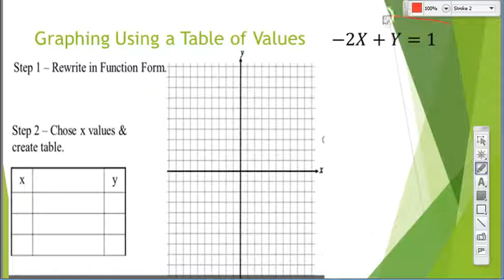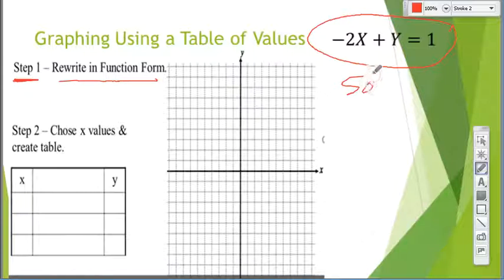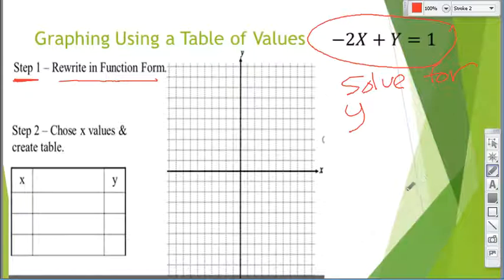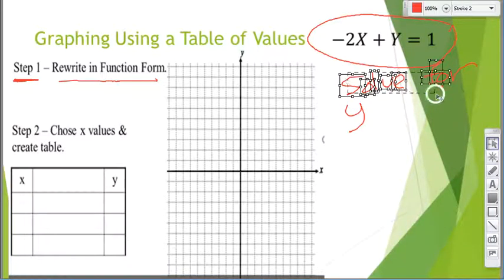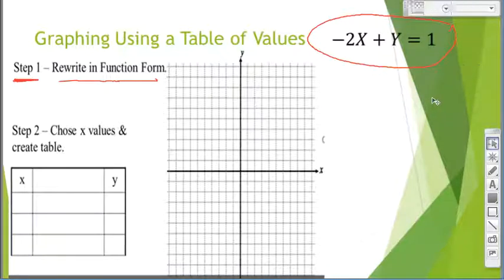So here's the equation right here, negative 2x plus y equals 1. The first thing that we're going to do is rewrite this in function form. So what that means is we are going to solve for the y, so that the y will be dependent on the x. The y will be a function of x. So if I take this equation, negative 2x plus y equals 1, and I solve for the y,